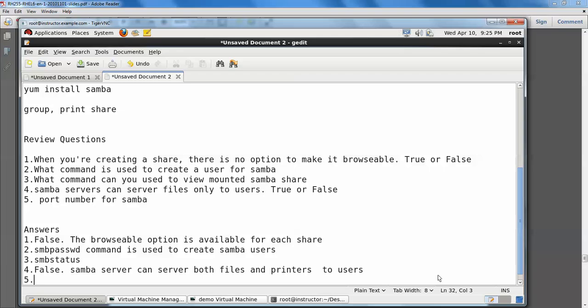And fifth one, for TCP 137 and for UDP 138.